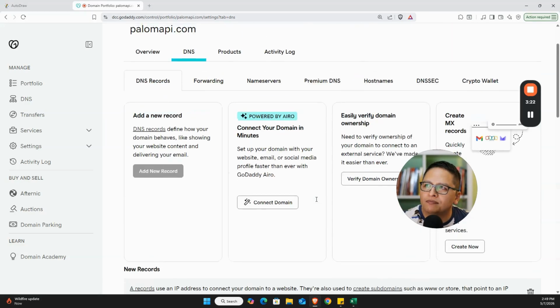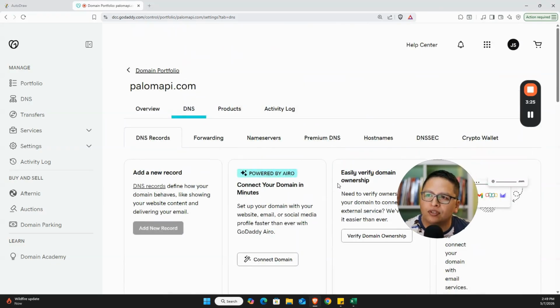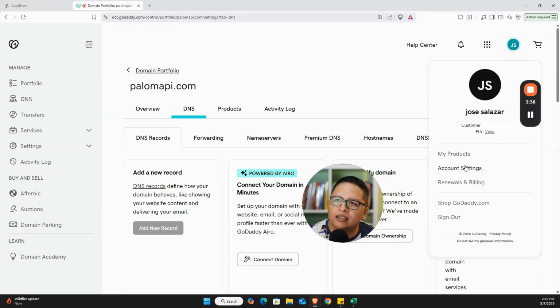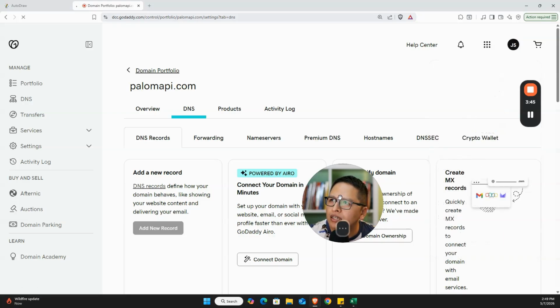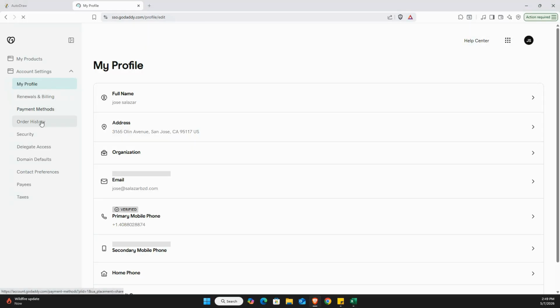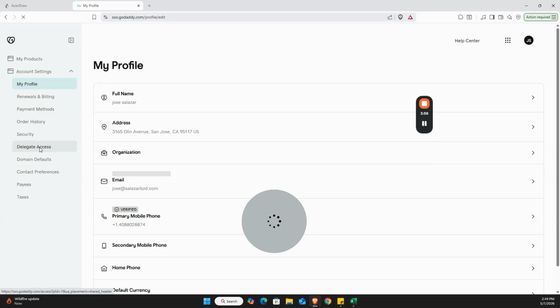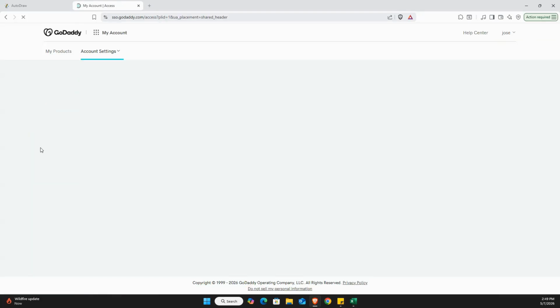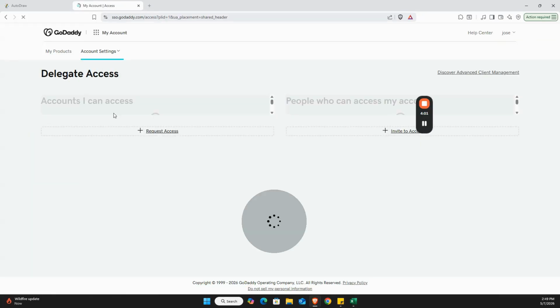Otherwise, the other way that you could do it, if you don't want to give somebody access to your GoDaddy account, you could just go on your account here where you see JS for me, Jose Salazar. You'll press there, and then there's account settings. You'll go to account settings, and there they'll have delegate access. So let's just do it. I know there might be some of my info here, but I don't really care because it's nothing that's not public already. All right, so my profile. So you're going to go to delegate access. You see that on the left hand side. Once you're in the account,